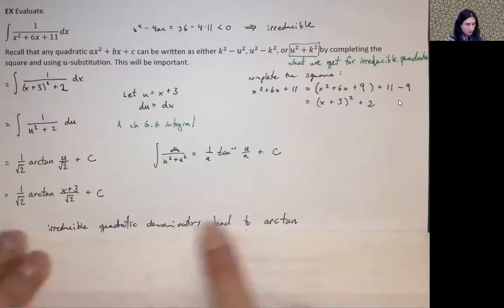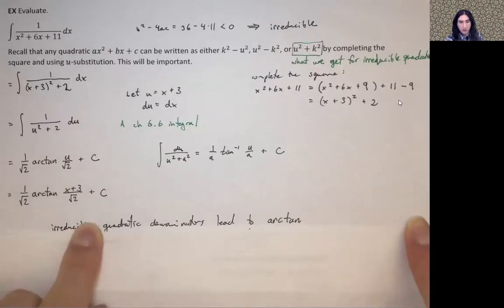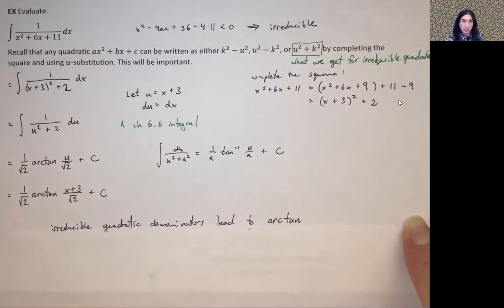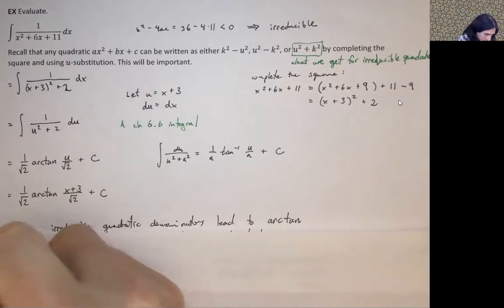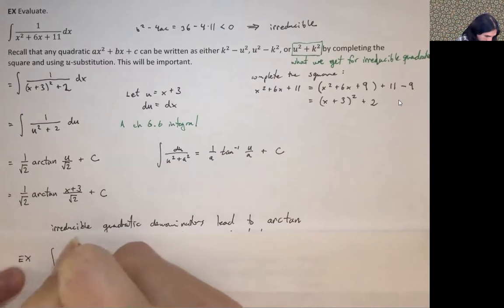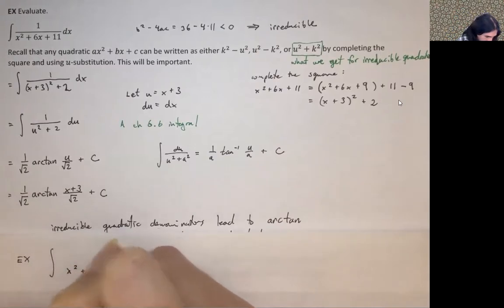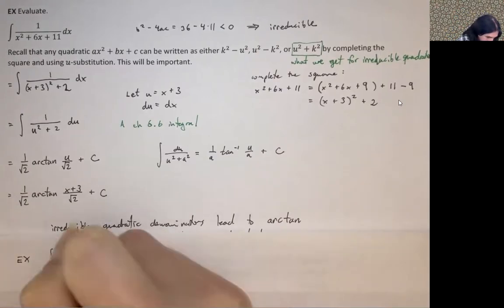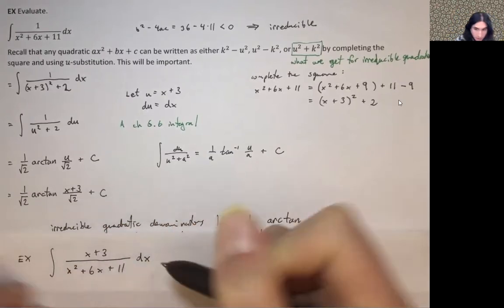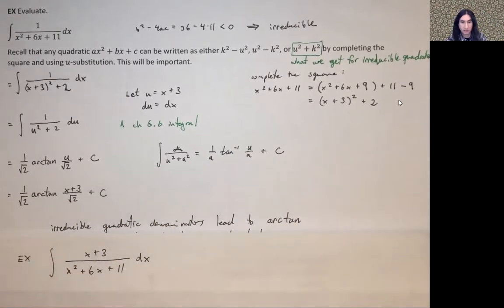Okay, before we go further, I want to point out that even though irreducible quadratic denominators often lead to arctan, sometimes that won't be the case if you have an appropriate numerator, okay? So I wanted to contrast what we just did with a very similar looking integral, but all of a sudden, the integral is a Calc 1 integral because I've adjusted the numerator in the precise way to make a different u